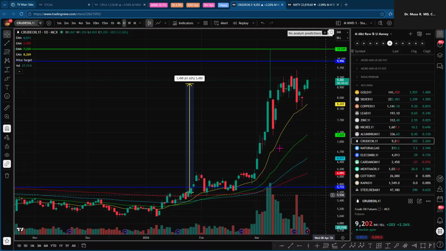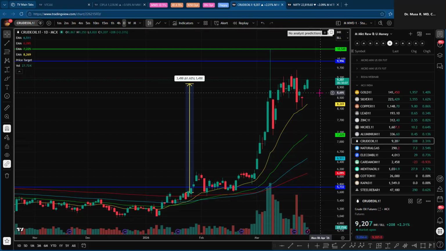And like I said, if you are talking about a 60% higher price in crude, this should have had an effect on the retail prices also. But the government makes the oil marketing companies, such as HPCL, BPCL, and Indian Oil Company, absorb these price hikes. So they are the ones who are suffering the losses. And so far, the retail customer has been insulated from this. But if the war continues and the price remains above $100, then all bets are off and the government is